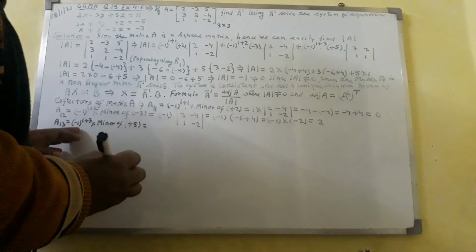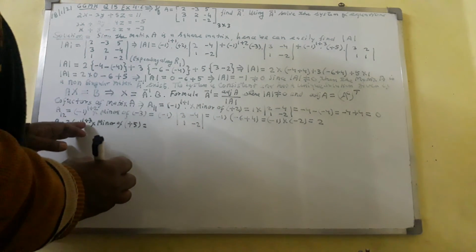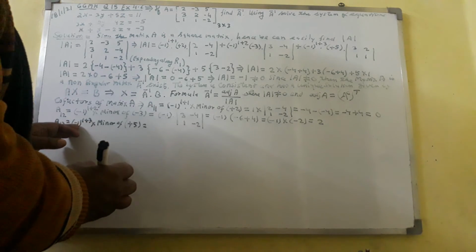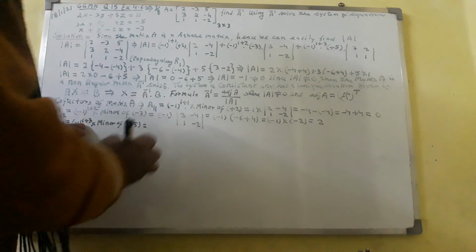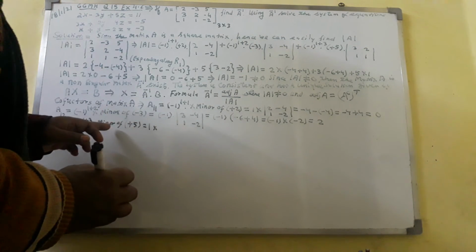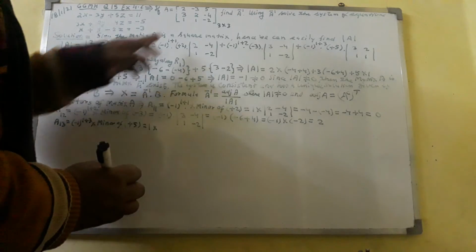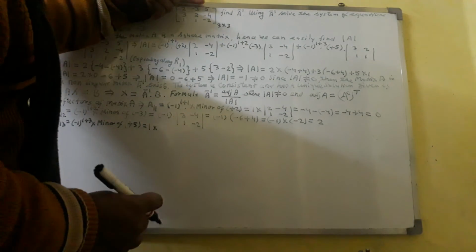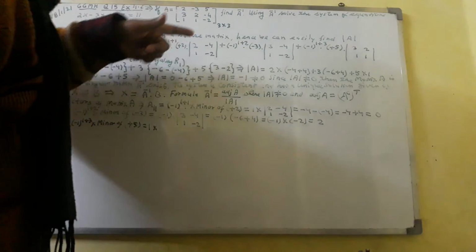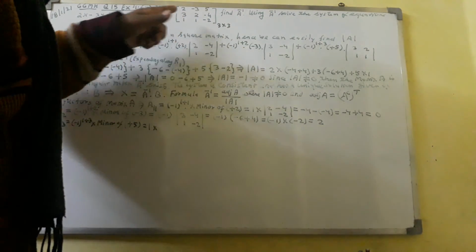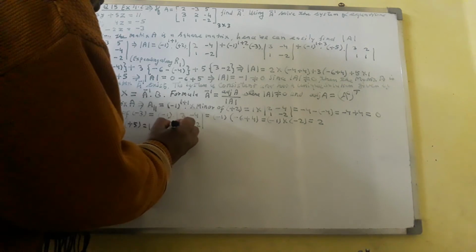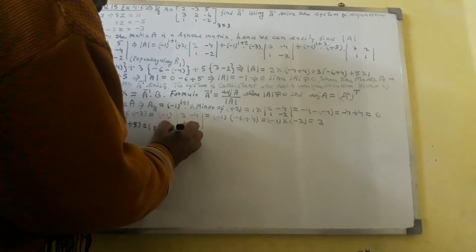Now what will we do here? 1 plus 3 comes out to 4. Minus 1 raised to power 4 comes out to 1. Write here 1 into minor of plus 5. Minor of plus 5: 5 is in the first row and third column, which will be hidden. So we will get the minor of plus 5 as 3 2 1 1. So here write 3 2 1 1.